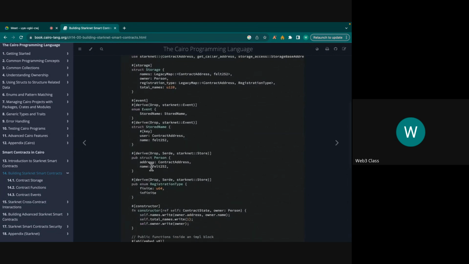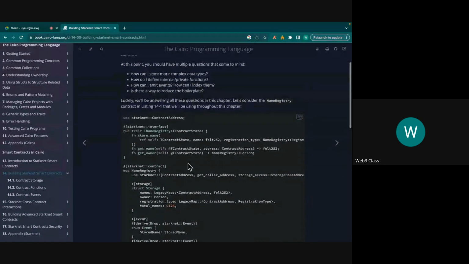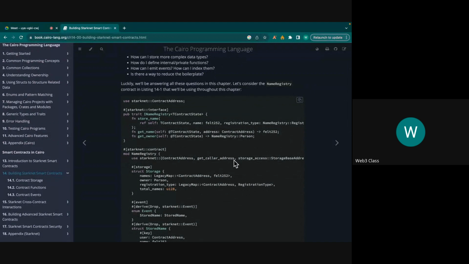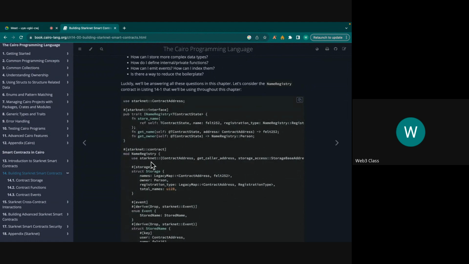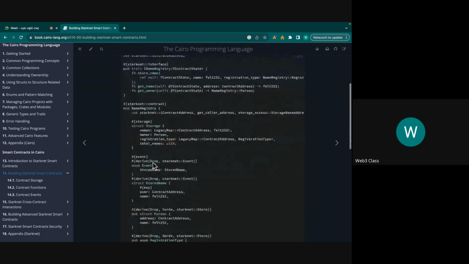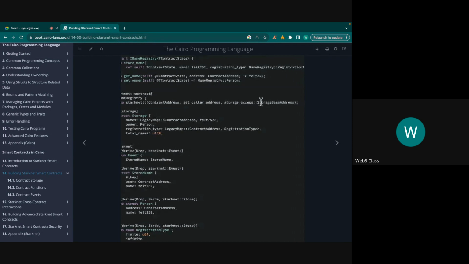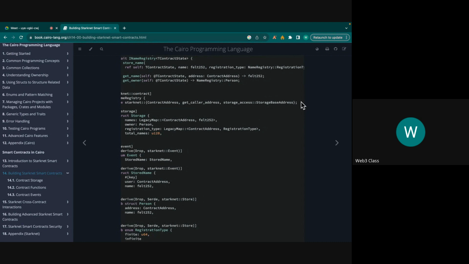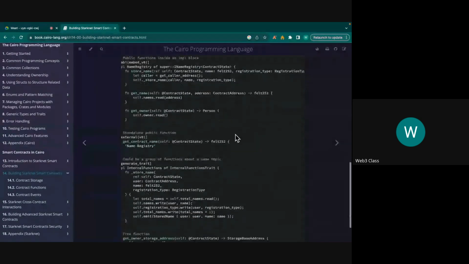Owner is a person, so it's getting the address of the owner. StorageBaseAddress was imported from storage access from Starknet. Okay, cool. So in the storage access, to access the storage, there's a storage base address. So I think what is going on here,